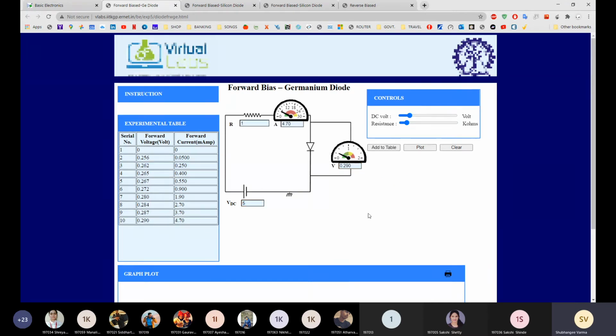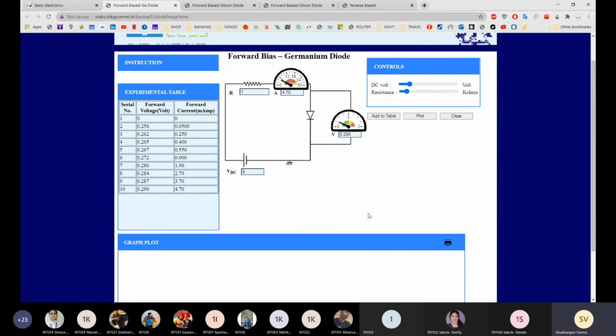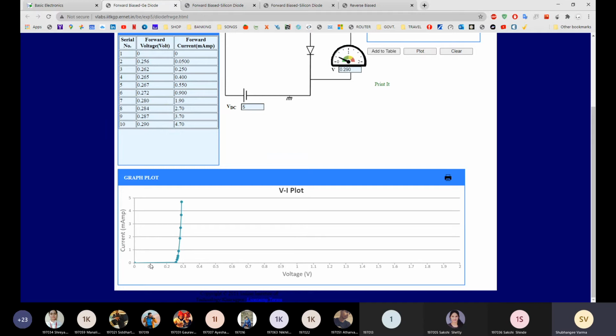So this many readings you have to take, and individually you have to simulate the experiment. You can simulate on mobile also, and then plot it. Click on plot, and you can see a germanium diode characteristic. This is a germanium diode forward characteristic. Current starts flowing from